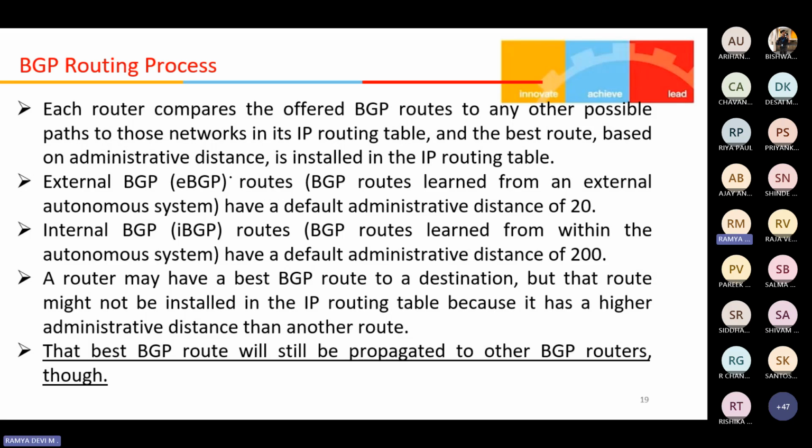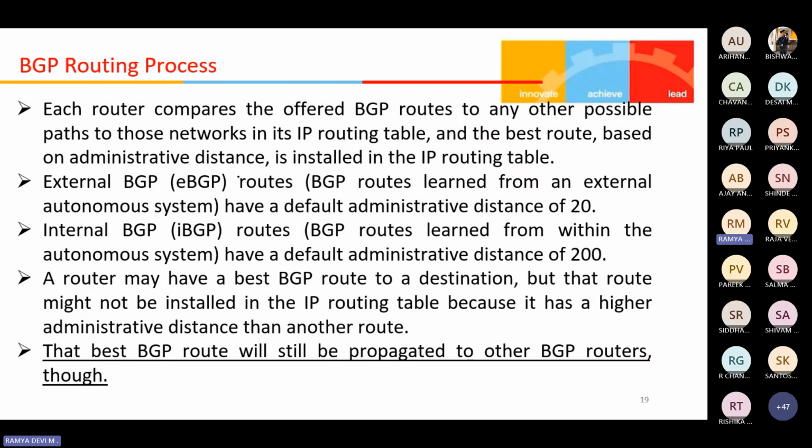So for the neighbor configuration, just now I've told you, BGP will not discover the neighbors automatically. Each neighbor has to be configured explicitly. BGP will be forming a TCP connection on port number 179, with the help of BGP TCP keepalive messages. Then BGP routes will be selected and updated in the table. Only the best path will be given to the IP routing table. If redistribution is required, in that case the IP routing table and the BGP routing table will be sharing the information. The routes will be compared and only the best path will be updated